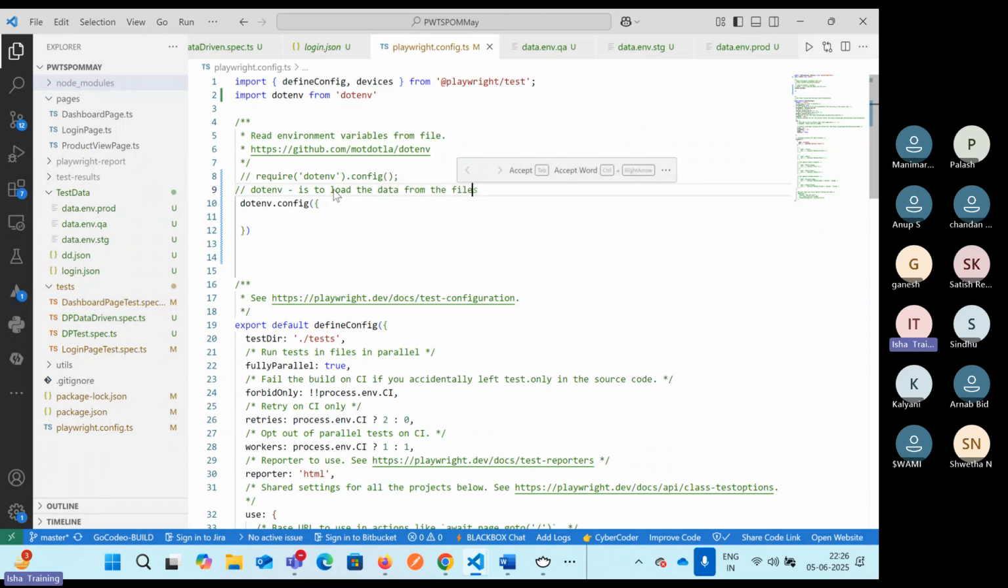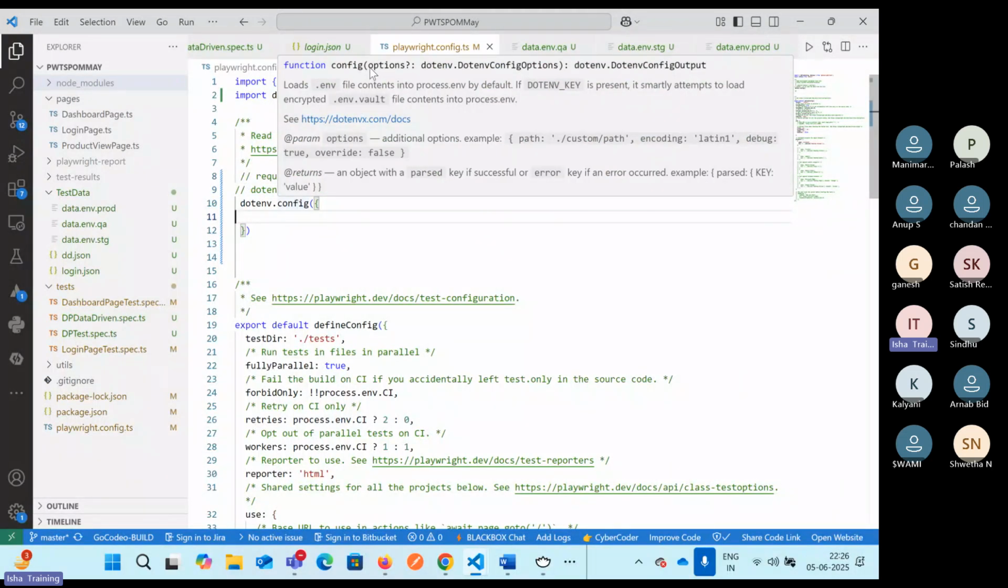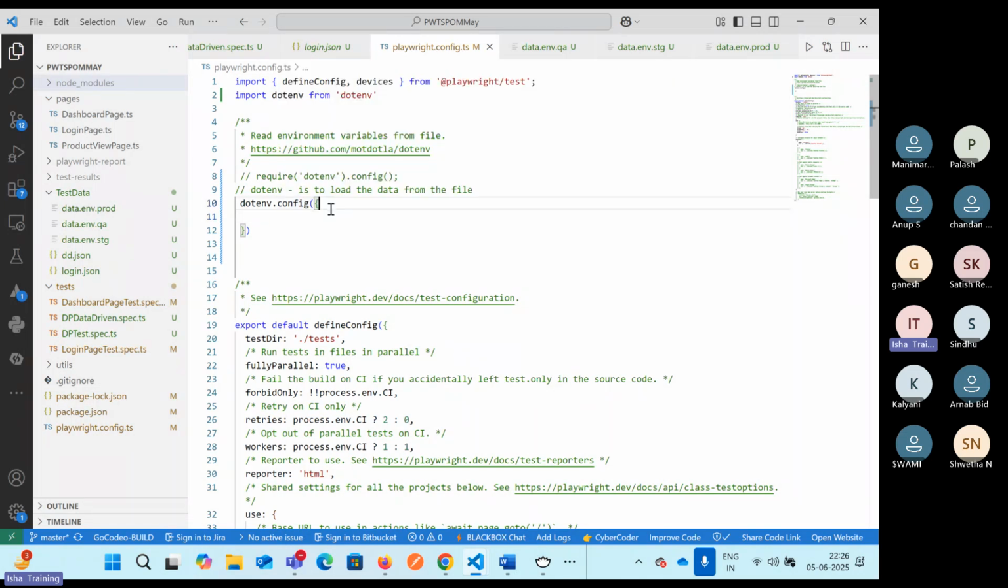Okay, whichever file that we are trying to mention over here. This config, if you see, it accepts some optional properties. One of them it accepts is a path over here. We can just provide a path, and we'll see how we provide it. But